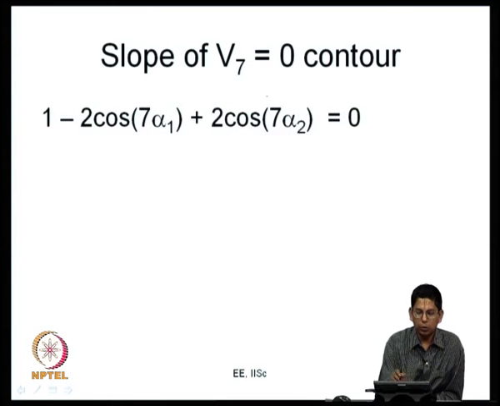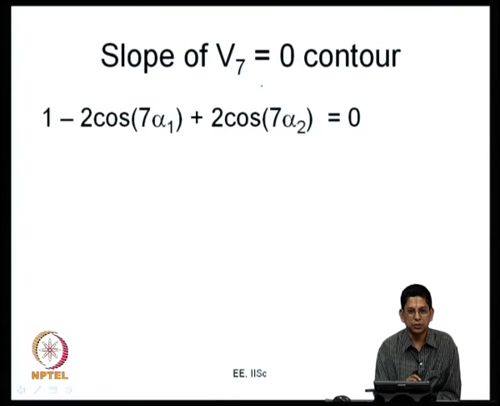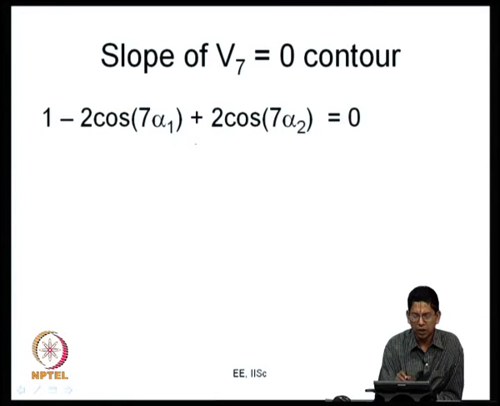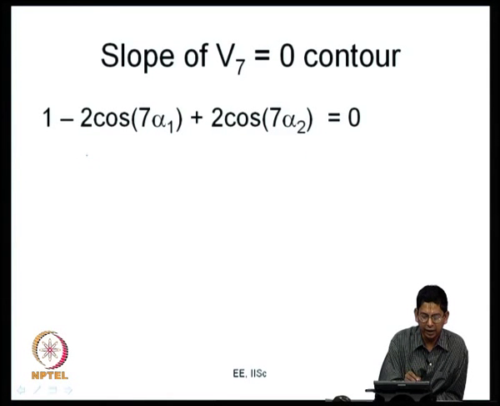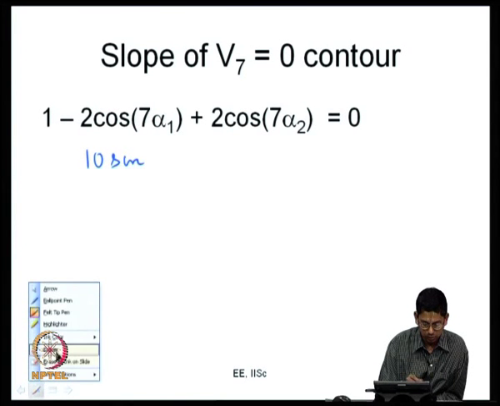And it is also good to look at what the slope of the V 7 is equal to 0 contour is going to be. So, it is the same thing: 1 minus 2 cos 7 alpha 1 plus 2 cos 7 alpha 2 equals 0. Instead of 5, it is 7 in this equation now. If you want to find the slope, what you need to do is differentiate both sides of this equation with respect to alpha 1. So, you are going to get something like 10 times, or I am sorry, it is 14 times